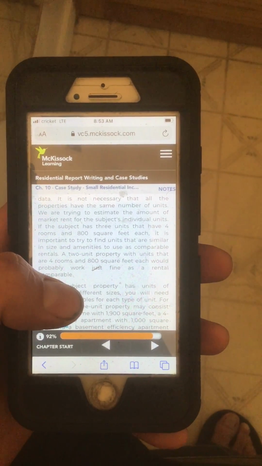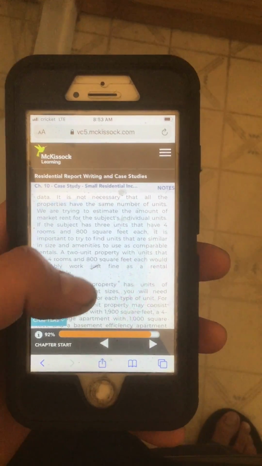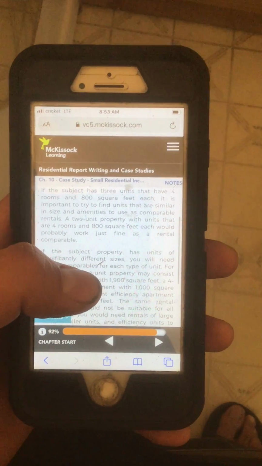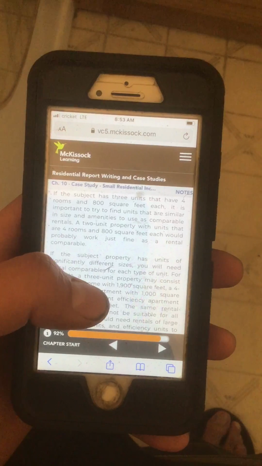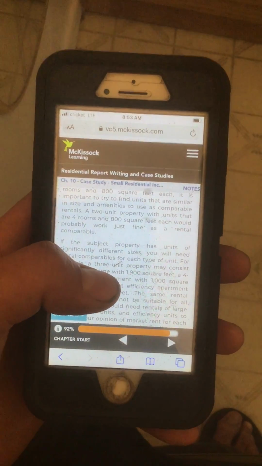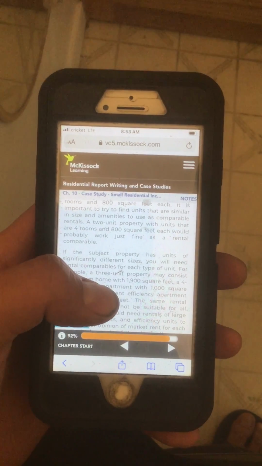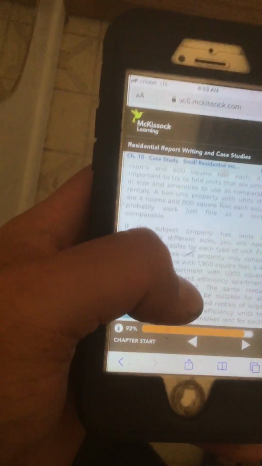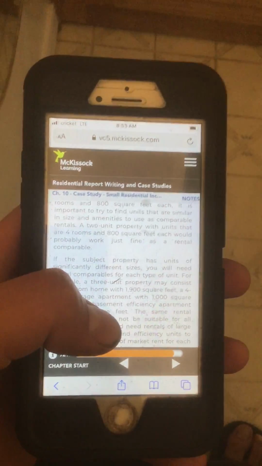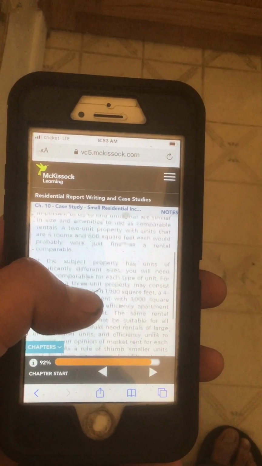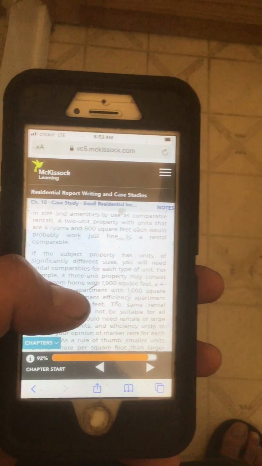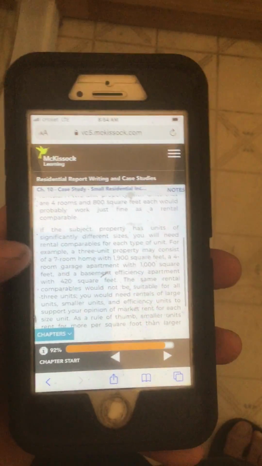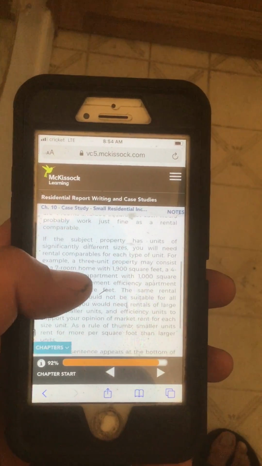It is not necessary that all the properties have the same number of units. We are trying to estimate the amount of market rents for the subject's individual units. If the subject has 3 units that have 4 rooms and 800 square feet each, it is not important to try to find units that are similar in size and amenities to use as comparable rentals. A 2-unit property with units that are 4 rooms and 800 square feet each would probably work just fine as